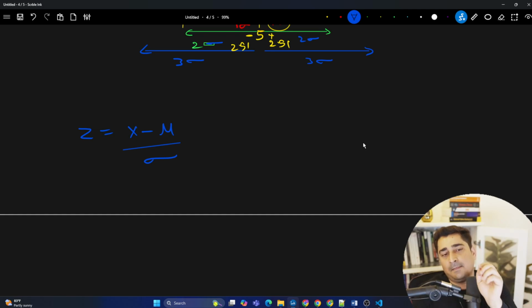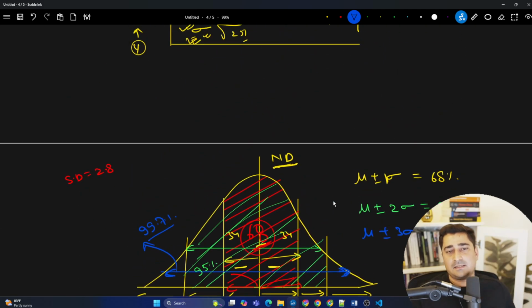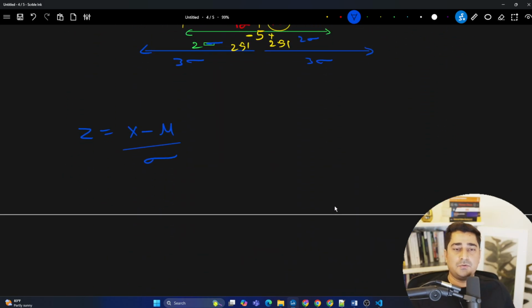how, if a data set is not available in a standard distribution, from a normal distribution I will be able to convert the data into a standard normal distribution. This is something that we are going to discuss in the very first class, where I'm going to introduce this formula. I'm going to explain what this Z statistic is. There is something called Z statistics, so I'll try to explain that part.